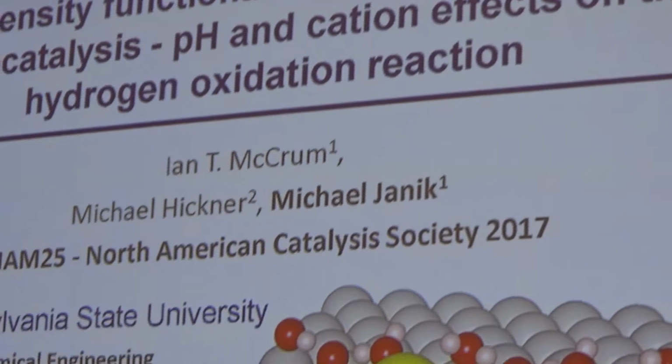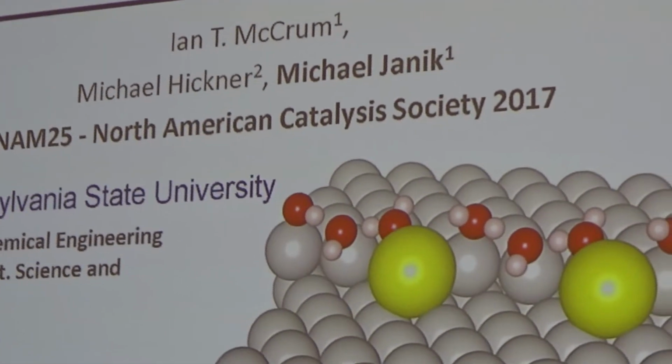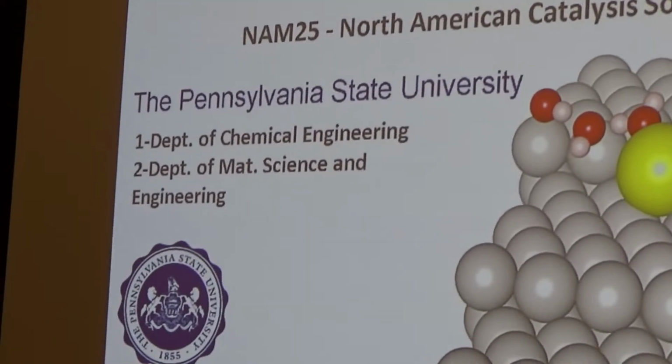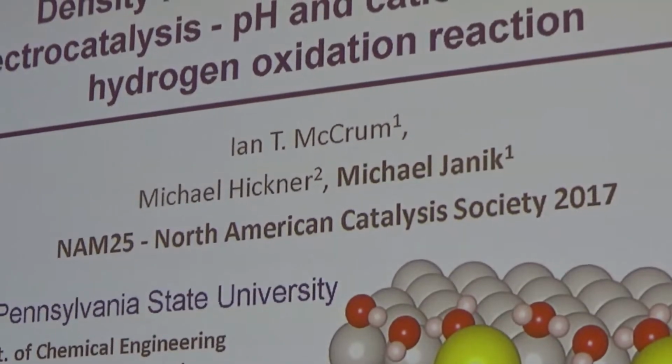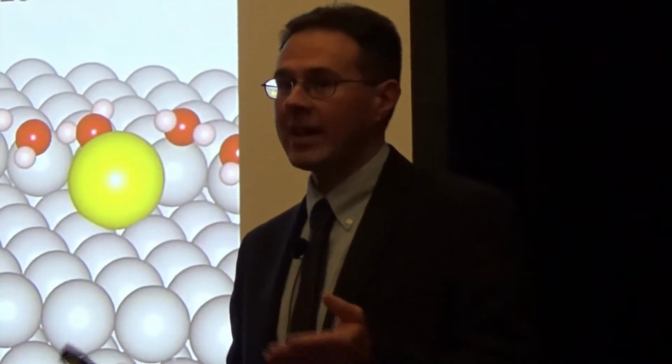I'm going to tell you about how we use DFT to study electrocatalysis, and I'm going to use as an example trying to understand how pH in the presence of cations, when we move from an acid to an alkaline environment, affects hydrogen oxidation. For use in fuel cells, we're interested in understanding hydrogen oxidation catalysis, moving to an alkaline fuel cell where we would ideally like to get away from platinum, but everything I talk about today will be trying to understand platinum. But I do want to use this as an example to talk about how we use DFT